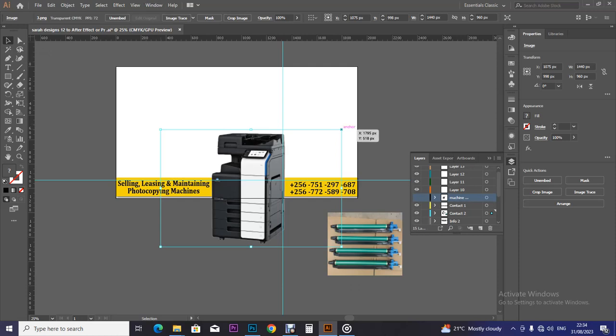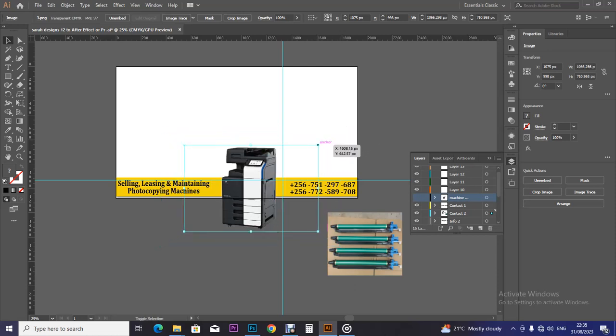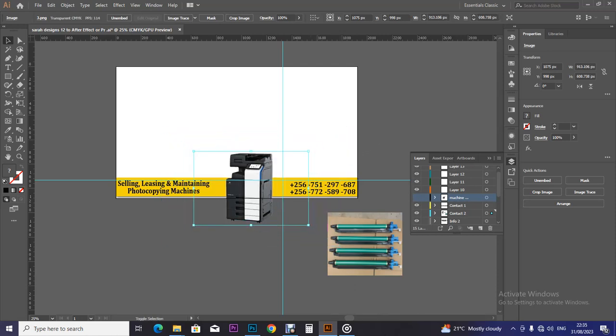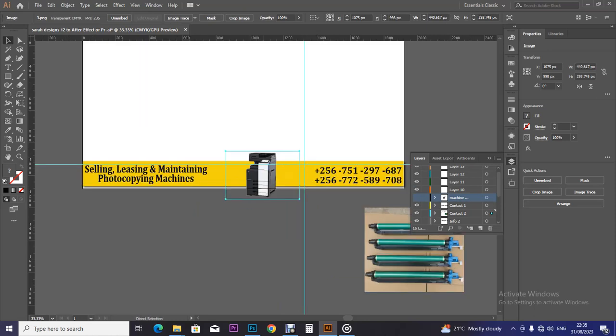The moment you bring it here, the arrow changes to pointing down and up. So we click as we are holding our mouse, we select shift and alt on our keyboard, then we scale down as you release and see. Okay, so like that. So if I scale this,